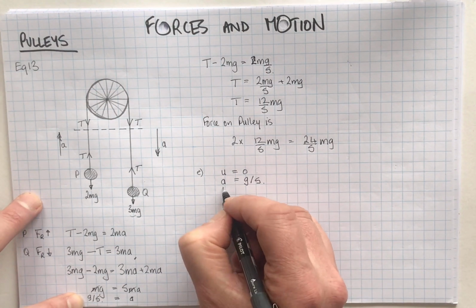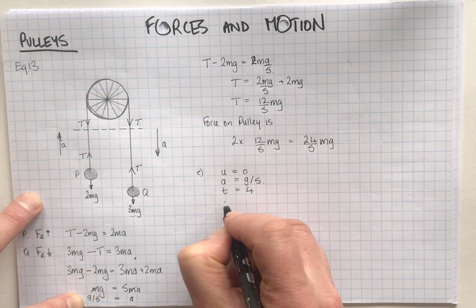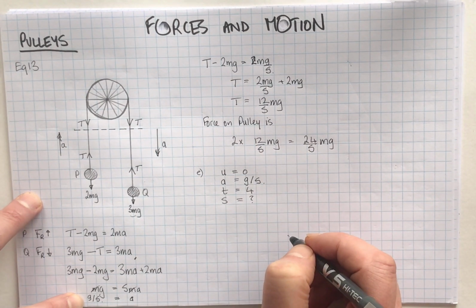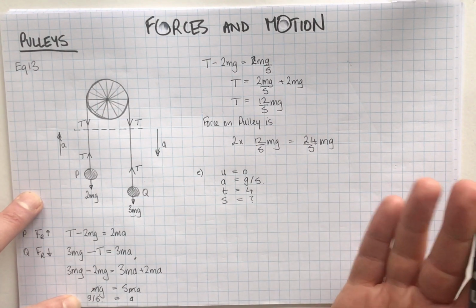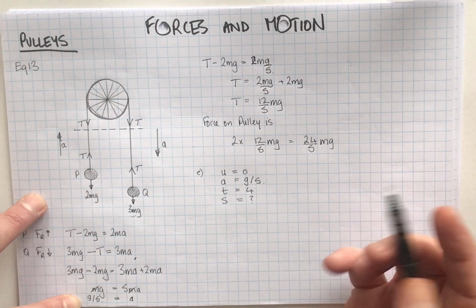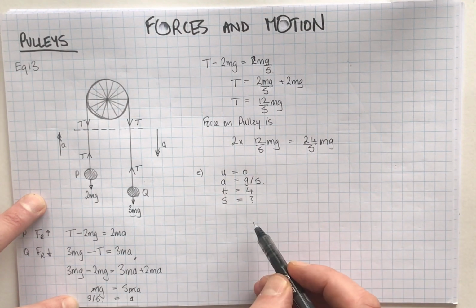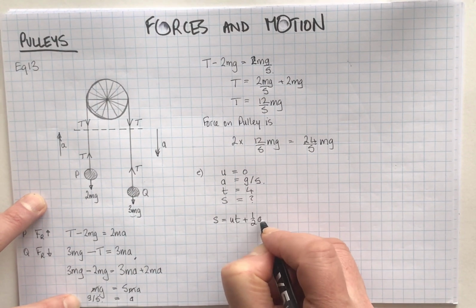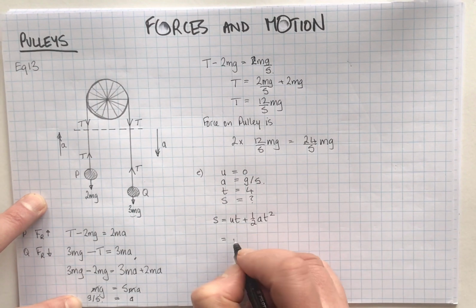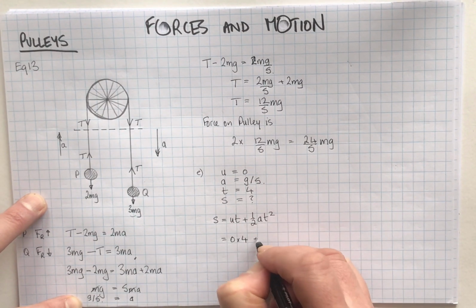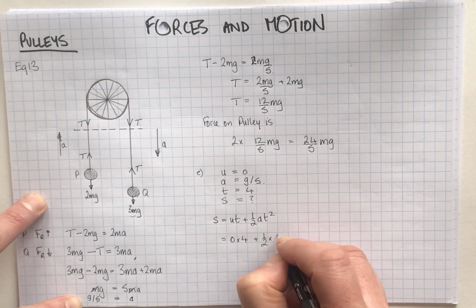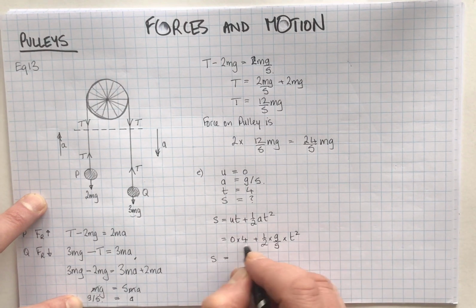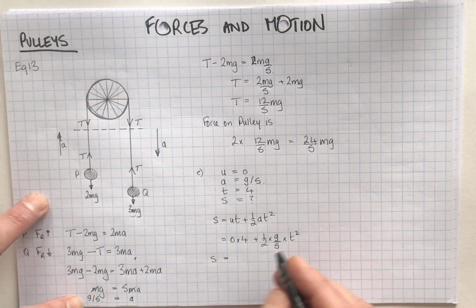What else do we know? We're looking for the distance after the first 4 seconds. So we want to find s. So let's write down all that stuff. v, the final velocity, we're not asked to find, but we don't have it, so it's probably going to be of no use. I want an equation that links these things together. Well, this one jumps out. s equals ut plus a half a t squared, which is 0 times 4 plus a half times g over 5 times t squared. So let's just work that out. 0 times 4 is 0, obviously. This is g over 10